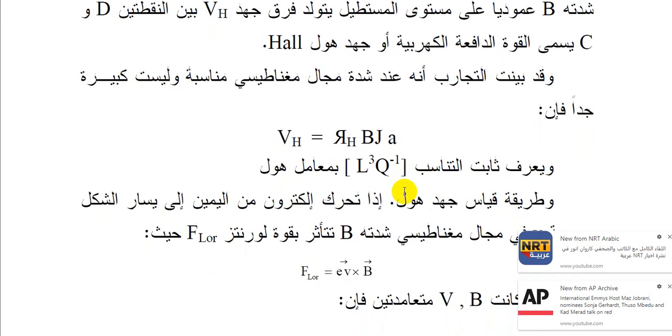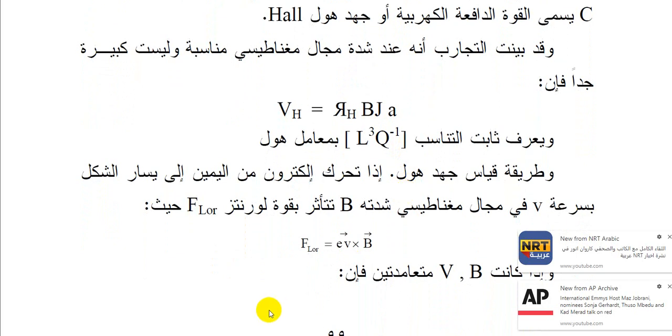B is the magnetic flux density, or the intensity of the magnetic field. J is the electron current density, the induced electrons current density. And A is